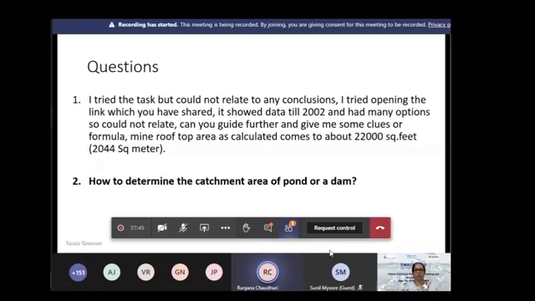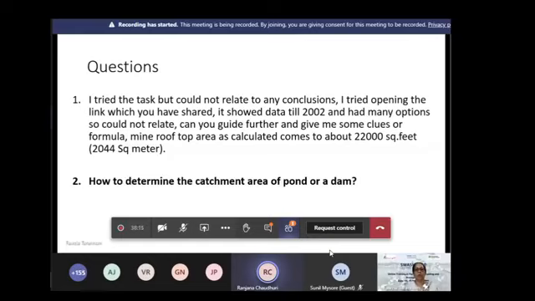So we have to first locate the highest elevation in that area and the lowest elevation, because it is at the lowest elevation that all the water will accumulate. But for a pond or a lake in an urban catchment or in a village, the catchment area is very rarely more than 2 square kilometers. I hope this helps.